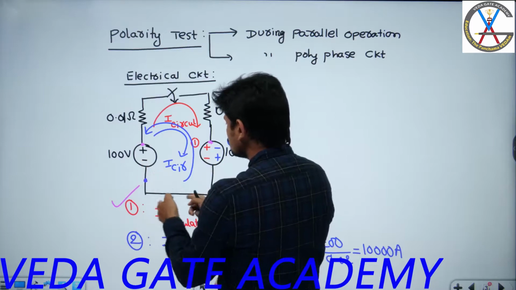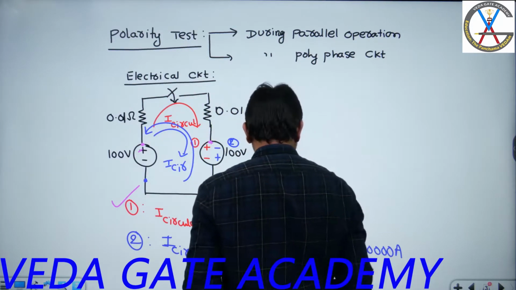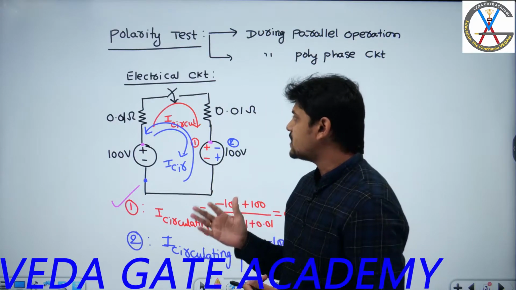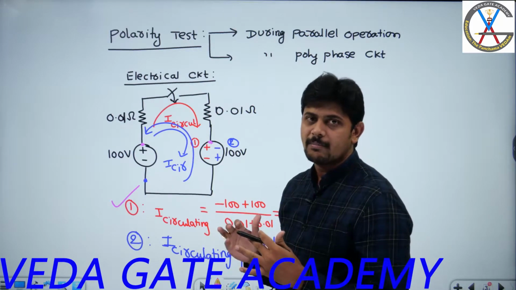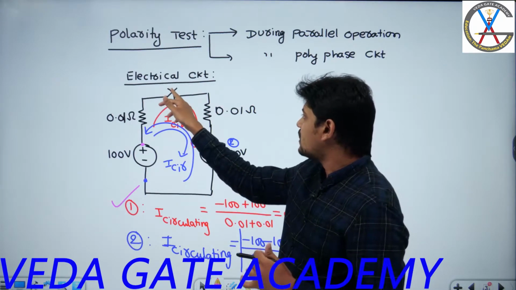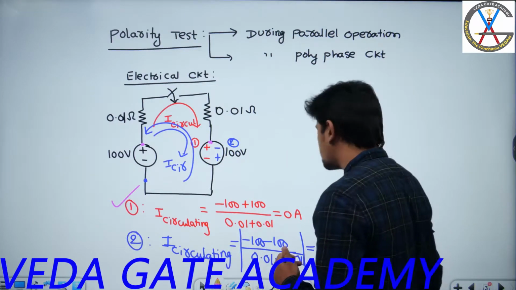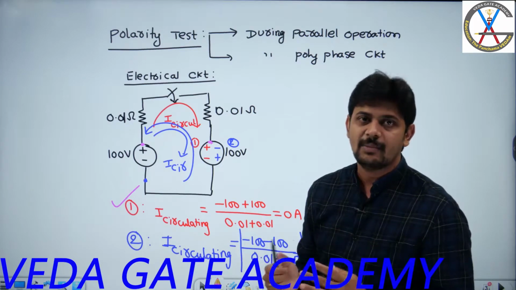Here minus and minus, so I am going to join these two things, and these are plus and plus, I am going to join these two things. Okay, then only we can say they are properly connected. Otherwise, if by mistake I connect a switch without checking the proper parallel connection, and by mistake I close this switch in the second case, then what will happen? A high amount of circulating current will flow between the two sources, and those two sources get damaged.